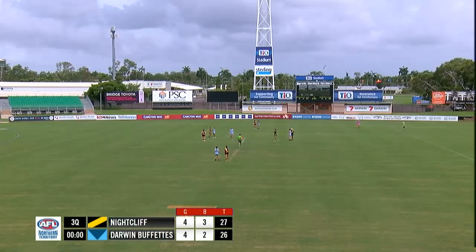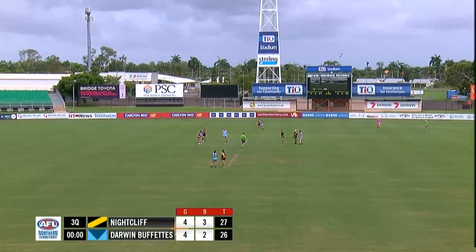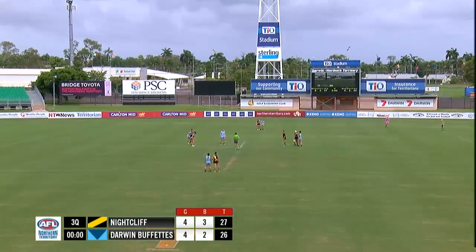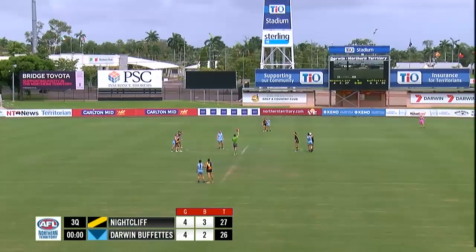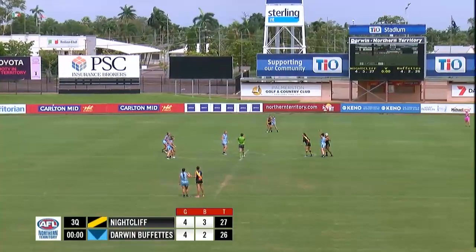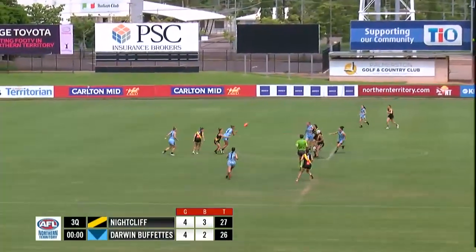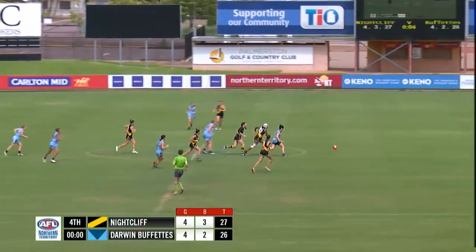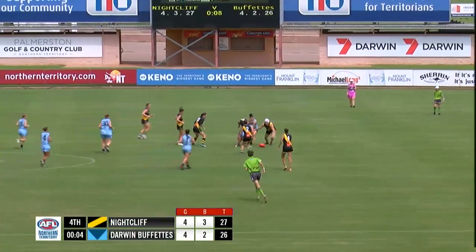Welcome back to TIO Stadium for the last quarter of this round 15 match between Nightcliff and Darwin. Been a fantastic contest so far. 1 point the difference at three-quarter time, and Heidi, we've had it clarified the length of women's Premier League quarters. We have 15 minutes with time on, so there you go, folks. So that's why the last one was a bit short, only the 1 goal scored, and we're underway again already, and ball's